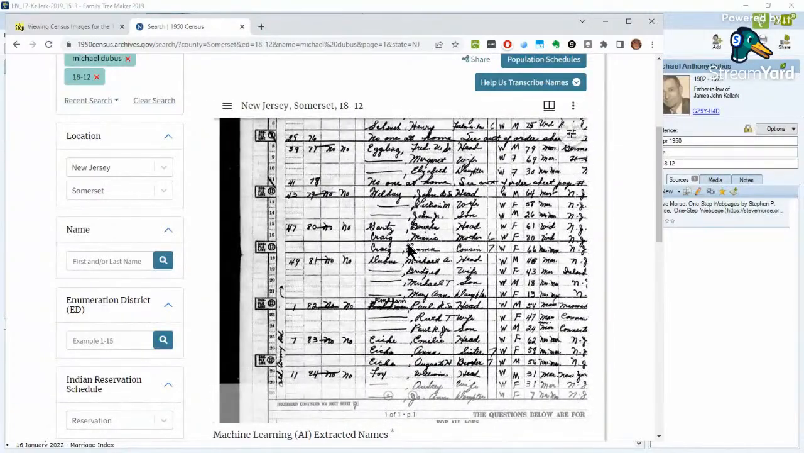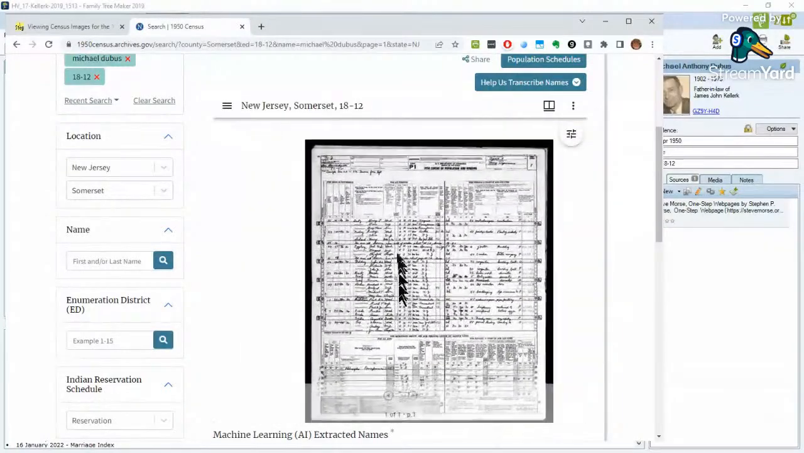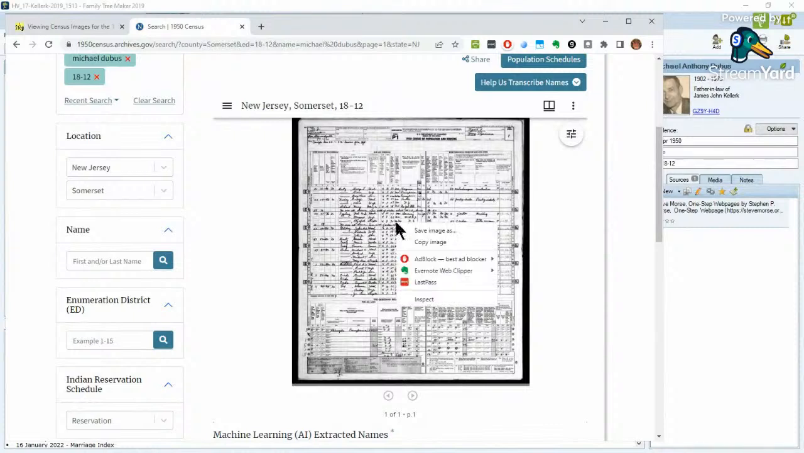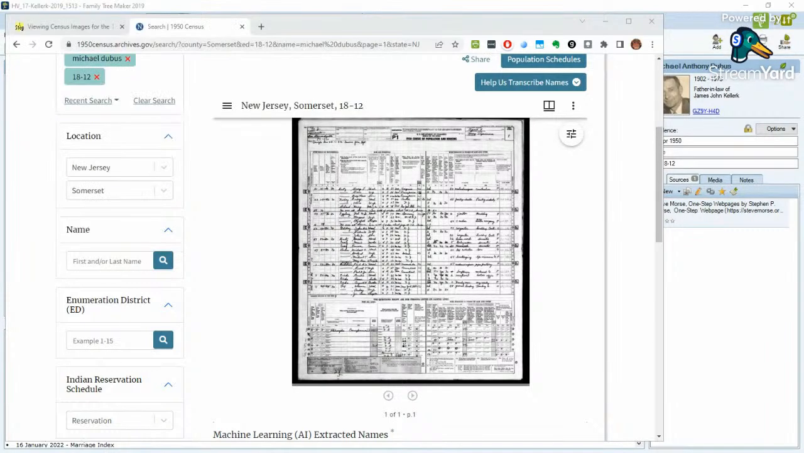And I'm using my mouse to navigate. There's line 18, Michael, Bridget, Michael, Marianne. That is the household I had expected to find here. But what am I going to do from here? Now, what I need to do is to right click and save this image. And I'm going to name it. I'm going to move it off the screen because I'm going to name it